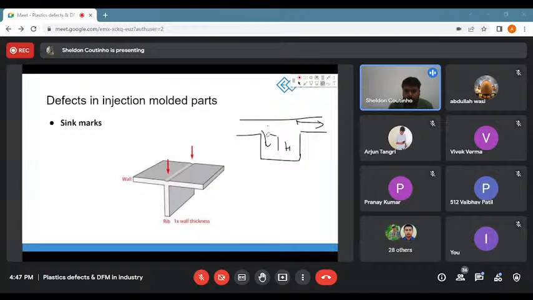Now, what will the problem be here? When your plastic comes in, it'll stick to this surface, then it will flow over here and it will come over here. So now let us break this thing into different layers. Since it is filling up from here, we will consider layer 1, layer 2, layer 3, 4, 5, 6, 7, 8. Ideally all these layers should cool one by one, like the first will cool, then the second will cool, then the third, fourth, fifth, sixth, seventh, eighth, ninth, slowly, one after another,